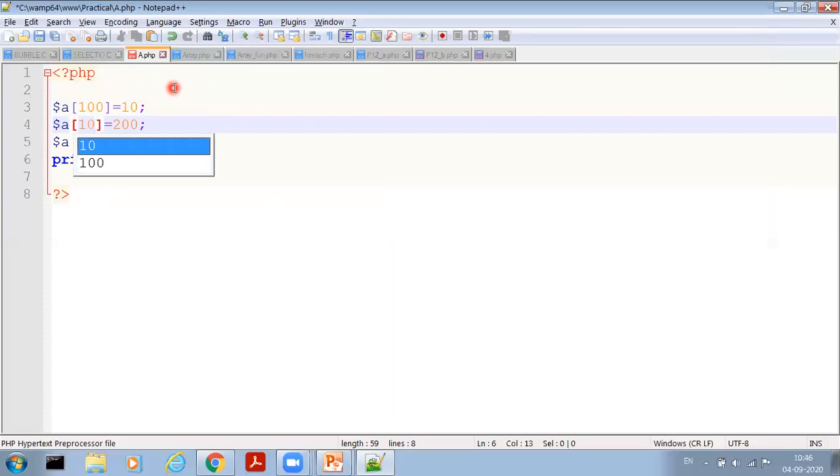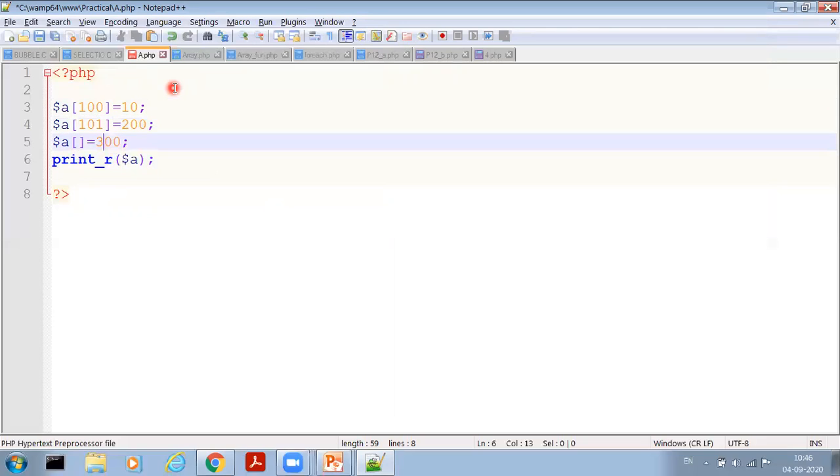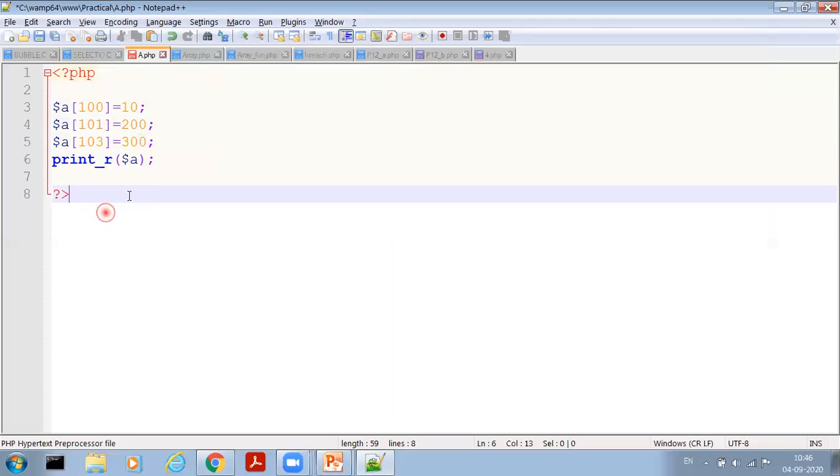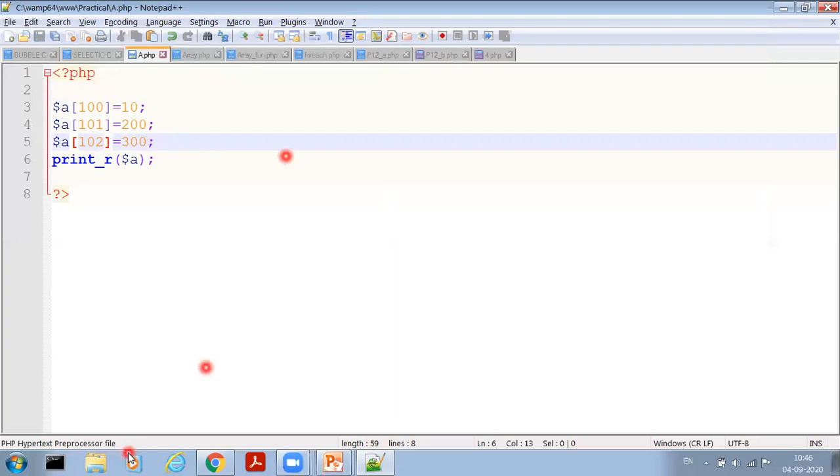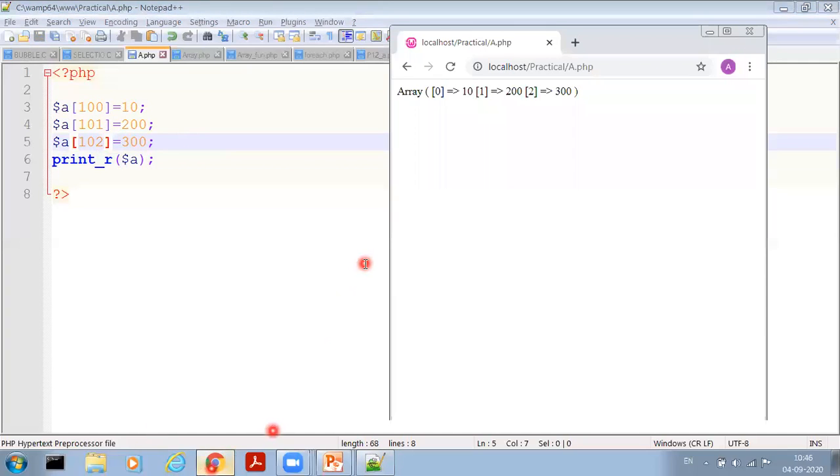In the second element, write the index 101, and in the third array element, write the index 102. Okay. Now save the practical and run the script. So here the array contains three elements 10, 200, 300 with a starting index 100, then 101 and then 102.